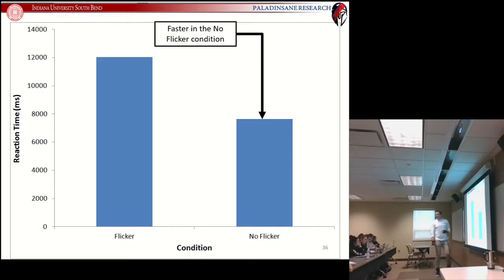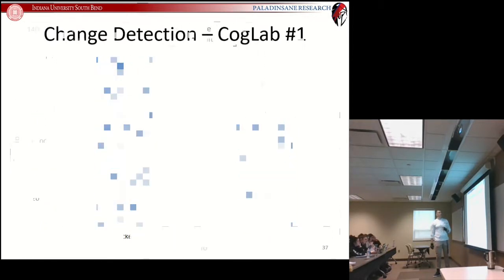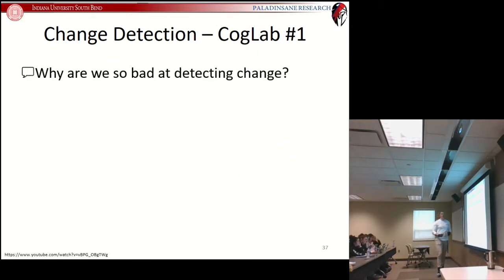All right, any other observations, comments? All right. So let's take a look at what this all means. So we are clearly not very good at detecting change in certain conditions. So what are some of the ideas in terms of why we are so bad at detecting change? And if you ever take a look at examples of change detection, you will notice that the amount of change in some of these instances